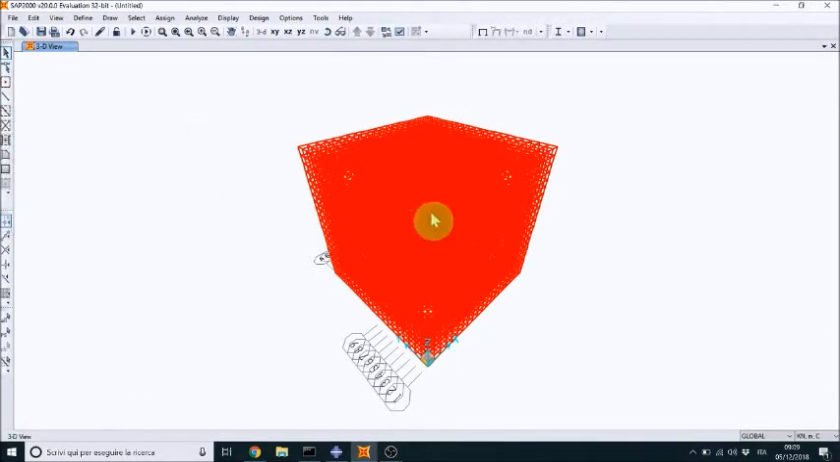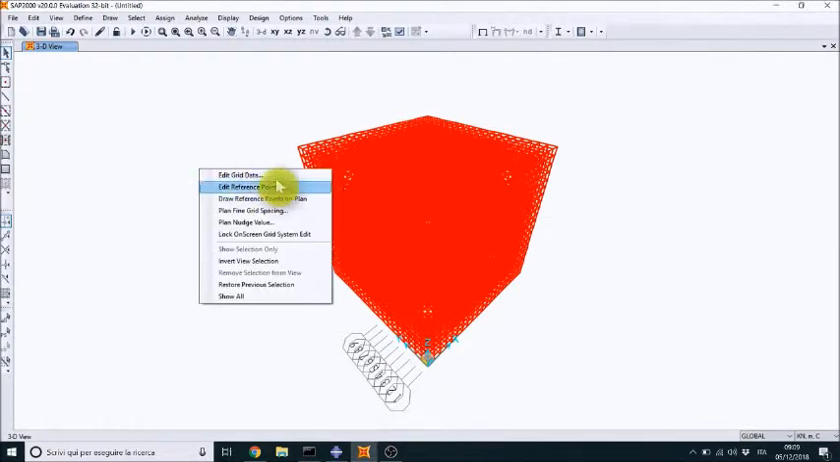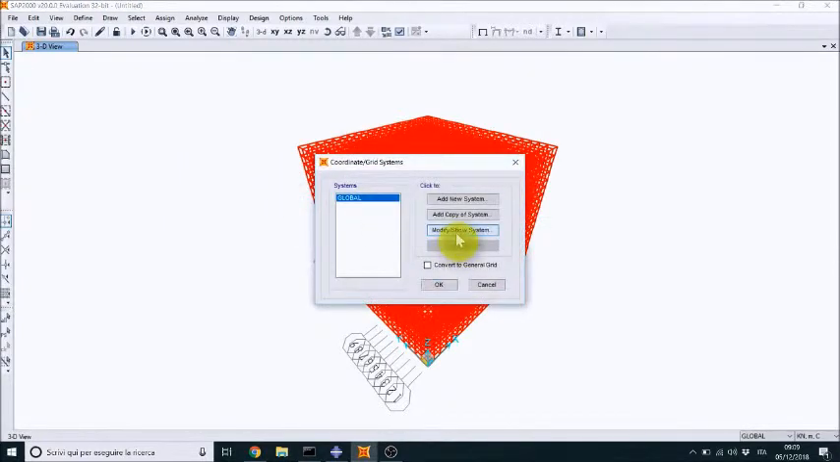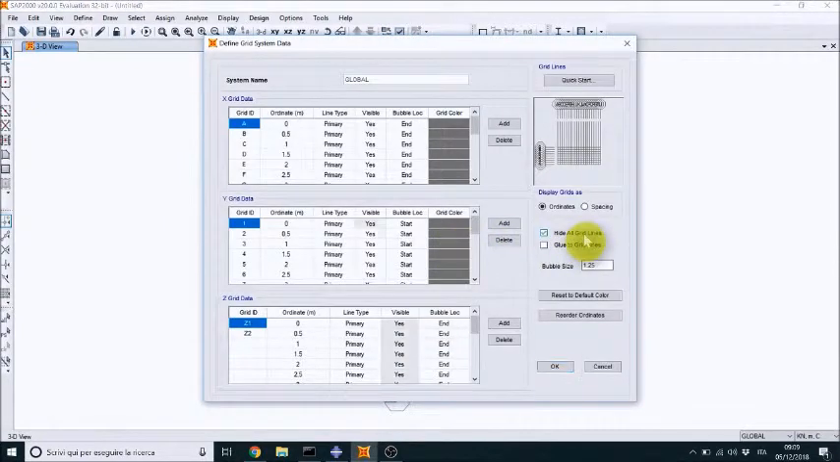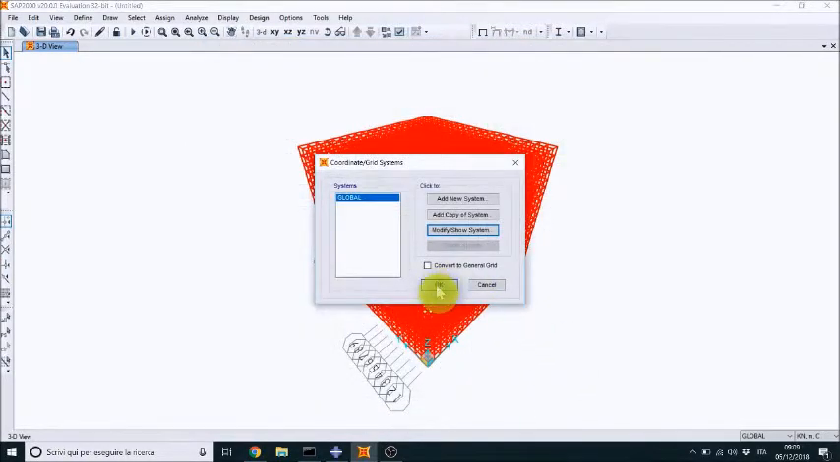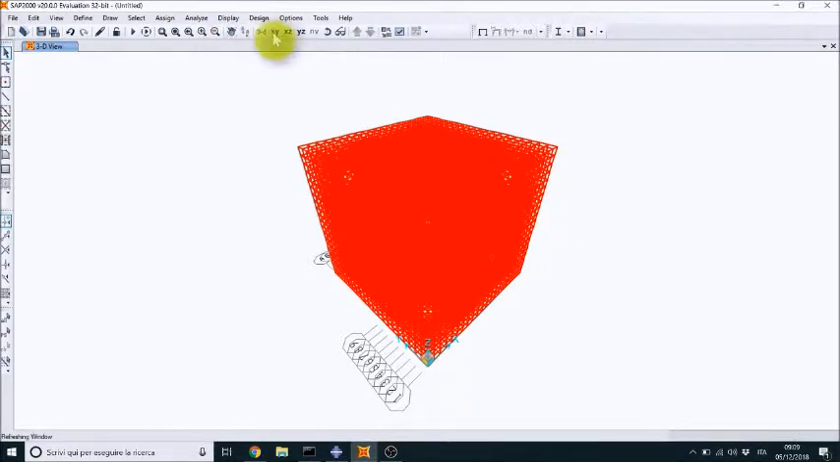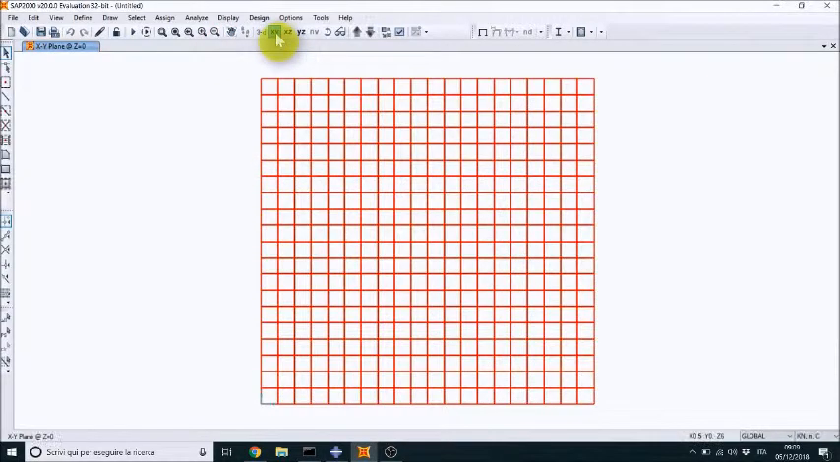Okay, now I have created my mesh and I can not delete, but I can hide the grid. Okay, now we have the mesh. We can start with the